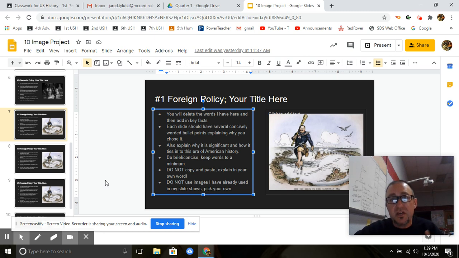Basically what I'm looking for, and you can give me as much detail as you want, but I don't really want you to go more than that text box worth of space. So if you're starting to get more than about 50 or 60 words in that text box, you're probably getting a little bit too verbose and wordy. I'm looking for 2 or 3 quick bullet points that say what's happening in the image. Why did you choose this image? And then what do you find that's interesting about it? How is this a significant thing going on in this era of American history? And those questions: why did you pick it, what's going on in it?